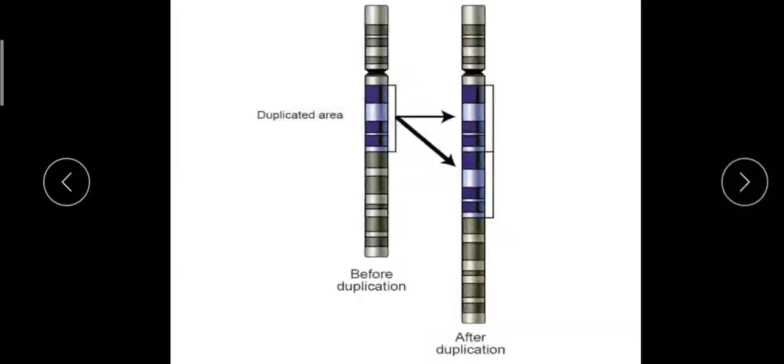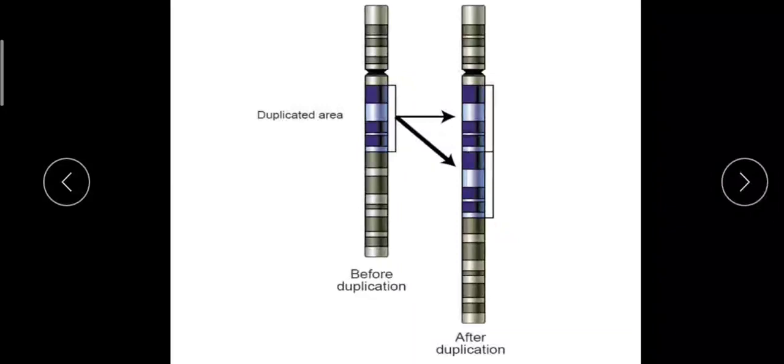Hi students, today let us discuss the topic chromosome duplication. Chromosome duplication is another type of chromosome abnormality. Here, as the name suggests, a segment or some genes in the chromosome get duplicated or repeated during chromosome replication. As a result, some set of genes get doubled or repeated in the chromosome, and the extra copies of the genes we call repeats.